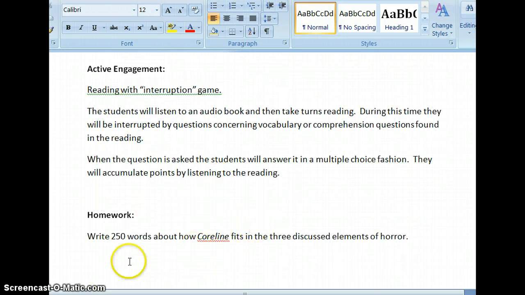And then homework for the day was to write 250 words about how Coraline fits into the elements of horror. So it was a good exercise. It involved basic core learning such as vocabulary, and it also involved higher level thinking processes where the students had to pick out elements from the book and be able to discuss them as they fit into a more abstract theme of horror. So I'd like to give you an example